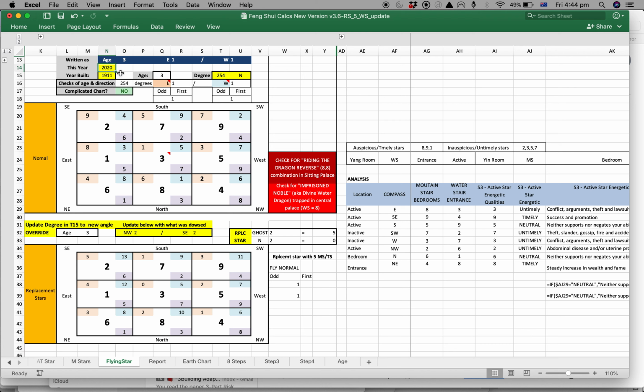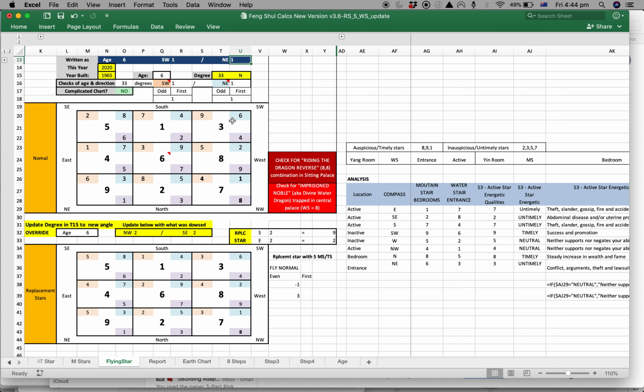So first things, basically the compass orientation and the year that the home is built. Just for this example, 1965, and it's going to be compared against this year. The age is automatically detected. Compass direction needs to be adjusted, and it's facing sort of north. Now that basically means that it is an age 6 with a southwest 1, northeast 1